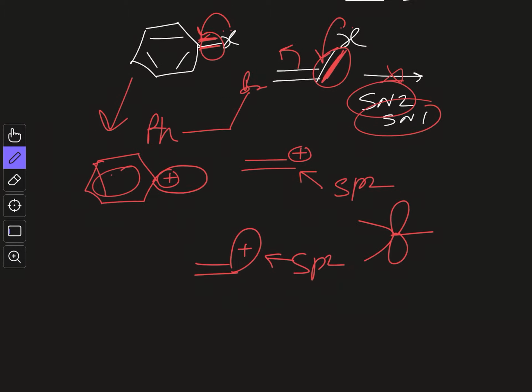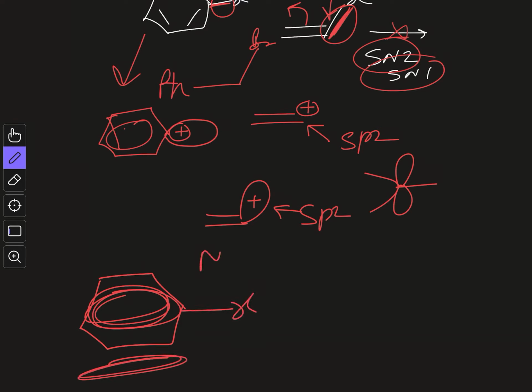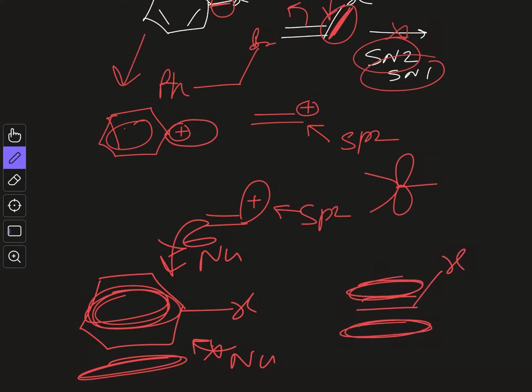In case of SN2 reaction, in case of the benzene ring, you will see that it has a pi electron cloud above and below the ring. So that means approach of any nucleophile from either above or below is difficult, so the nucleophile cannot approach. Similarly here also you have a pi electron cloud above and below, so the approach of any nucleophile on this substrate is difficult, because the negative charge of the pi electron cloud and the negative charge of the nucleophile will repel each other and the nucleophile cannot approach. So that's why this vinyl and phenyl substrate are both bad at both SN1 and SN2 reactions.